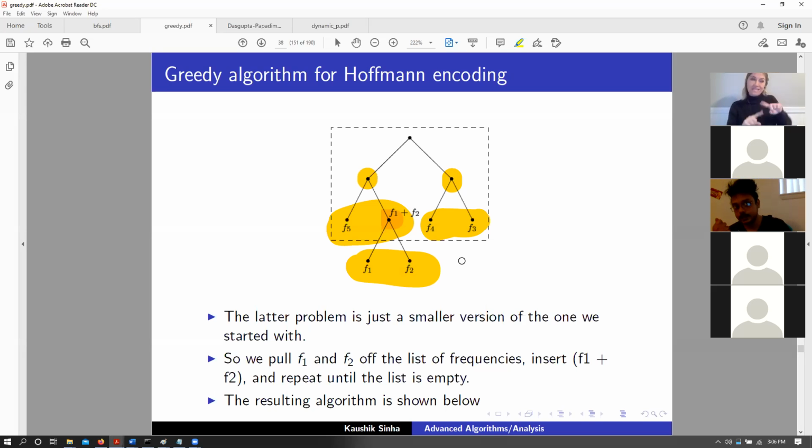Right? Yes. Okay, so couple things. Since we are only looking at the lowest frequency every time, that is what makes it greedy. Since in our algorithm, the lowest frequency ends up in the lower part of your tree, that is what makes your algorithm optimal. Right? These two things might not always be true. You need to imagine a scenario where if you pick the greedy solution or the sub solution, you end up getting a solution that is not optimal. That is still a solution, but not optimal.